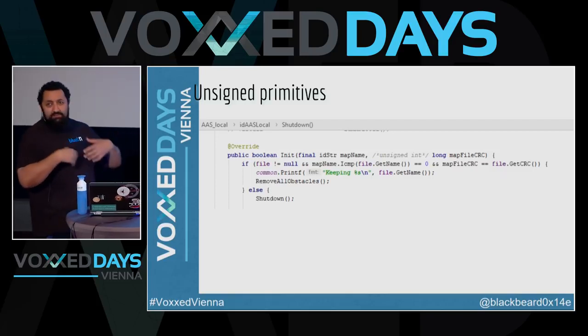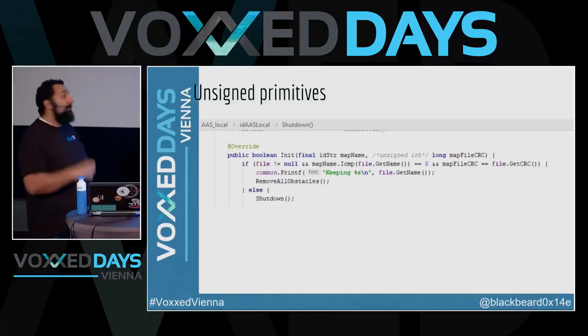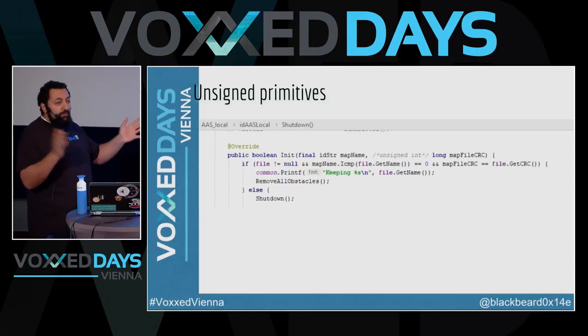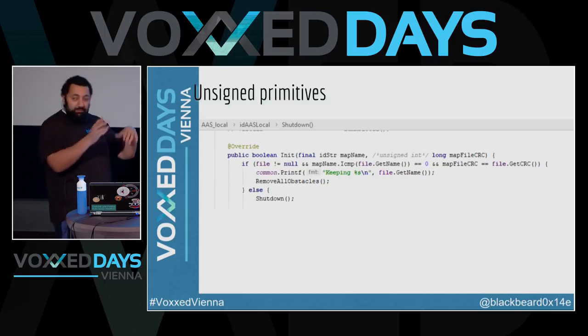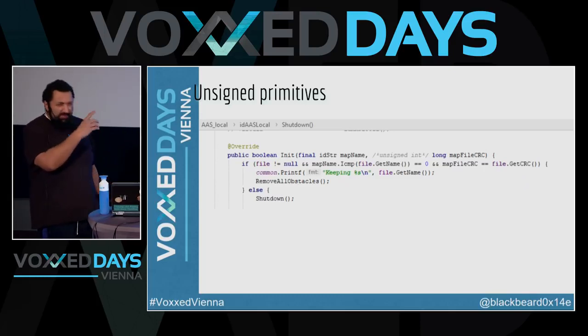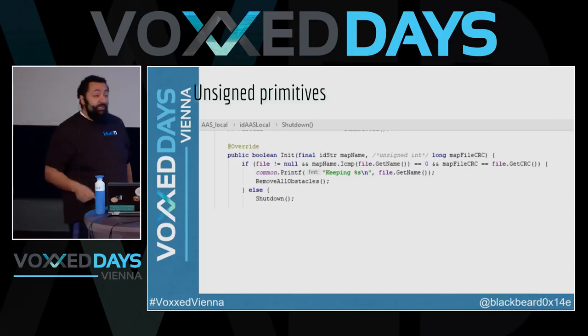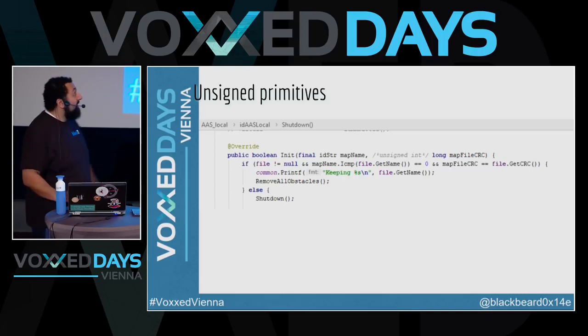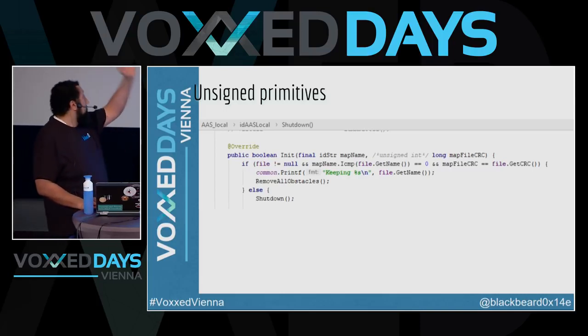Some languages just have an unsigned type, like uint, for example, which means unsigned int. It's basically an integer with only positive range, so double the range, but just shifted forward. So instead of 0 to 2 to the 31st minus 1 or something, it's just the full range, yeah? Java doesn't have that because I don't know why. Actually, I do know why, but it's a long story.